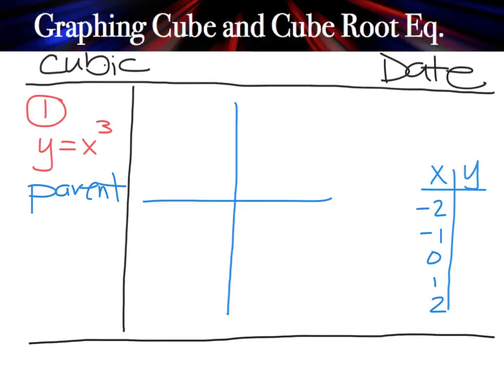So, in x cubed, if I put -2 into x cubed, I get -8. -1 will be -1, 0 will be 0, 1 will be 1, and 2 will be 8. So if I go and graph that, I will have